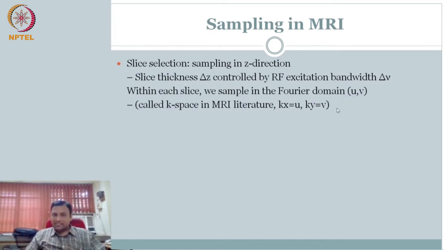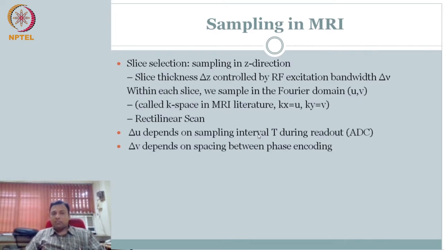So in each slice, the data that we acquired is a sampled k-space, or sampled Fourier domain, is what you have. In case of rectilinear, we will be talking about delta U. Delta U is in the X direction. You remember the ADC that we were plotting in the pulse sequence diagram. We just said TS, ADC is on for data acquisition time, TO. But essentially that's a sample. ADC is analog to digital. So essentially you have sampled acquisition of your frequency domain.